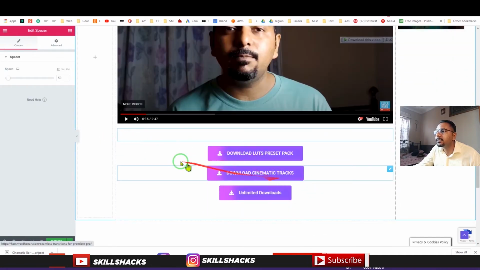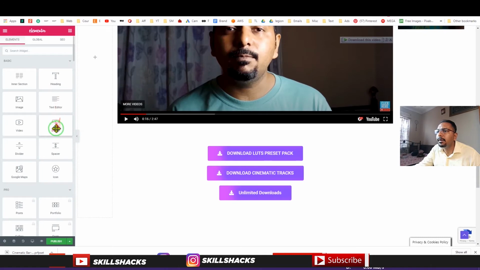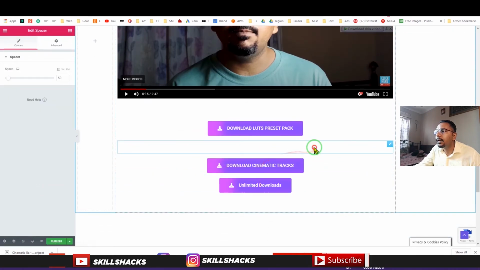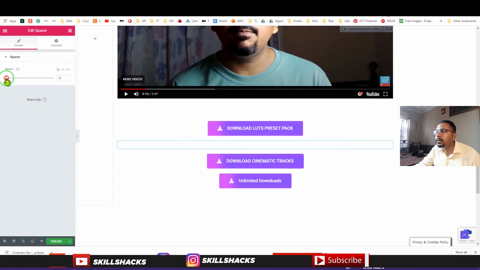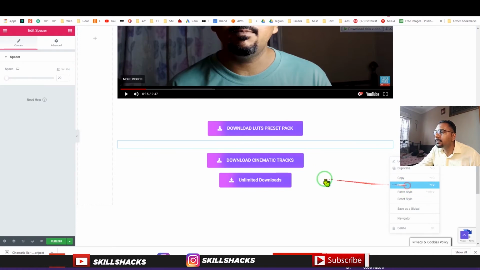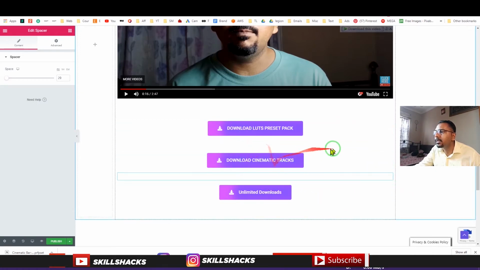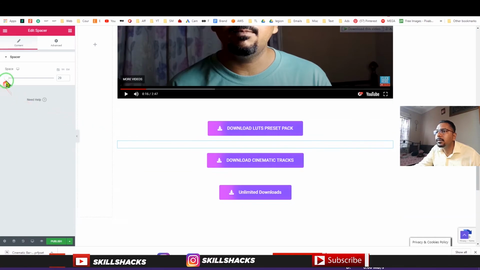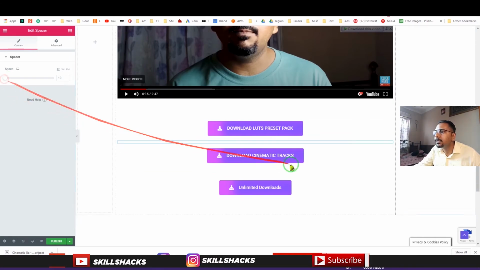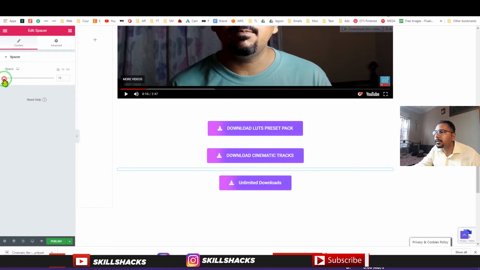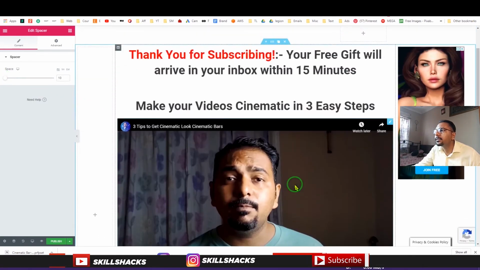So that's going to add some space, and let's drag one more space between these. Okay, and let's make it smaller, and let's copy this one from here and select this one and paste, and it's going to add some space between these two as well. So let's make the space little less over here as well, something like this. And over here there is an ad, so I can just delete this ad.